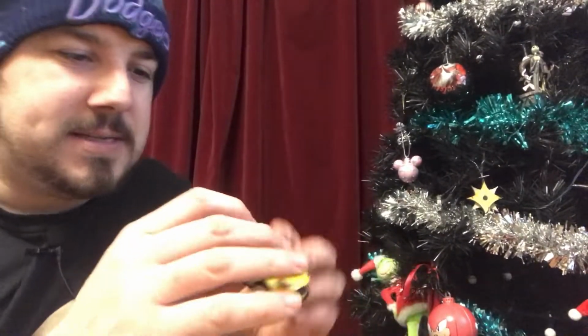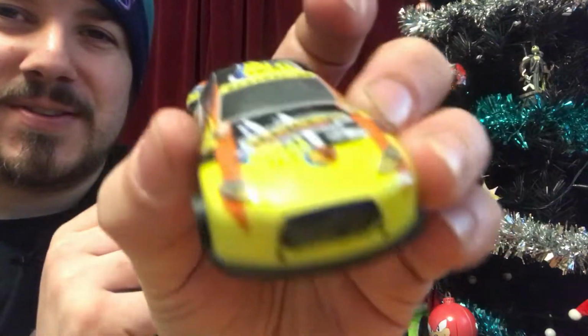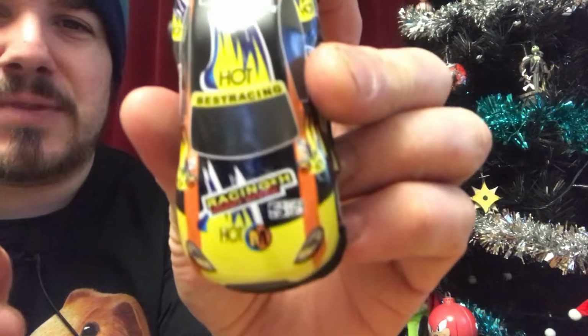But that's just a car. If I had to take a guess of what model it's based on, some kind of Ford by the lights. There are just stickers on there anyway. It's just stickers, but Hot Best Racing,